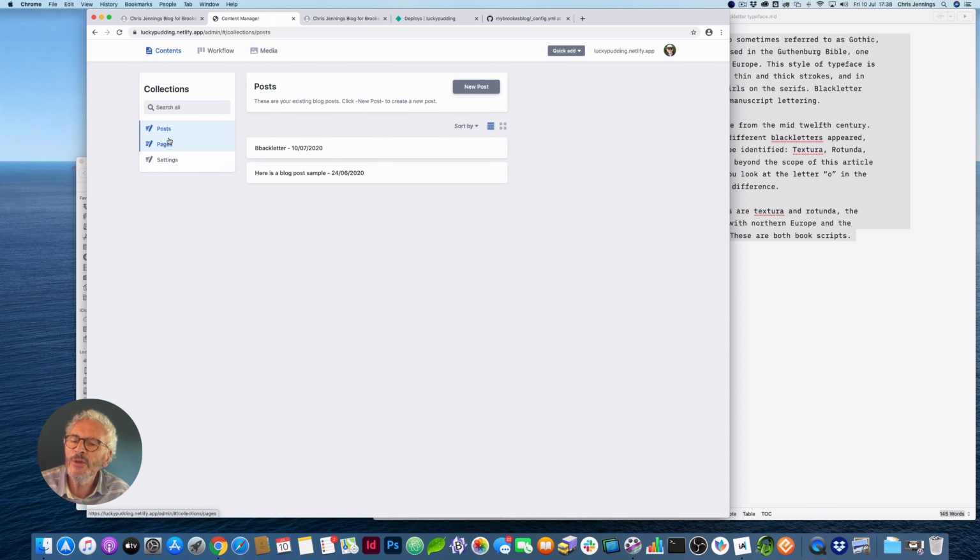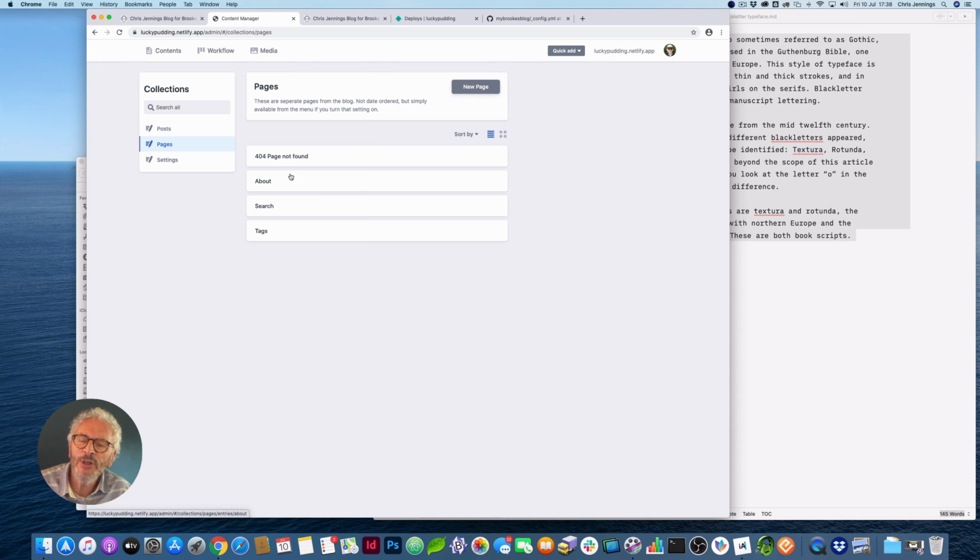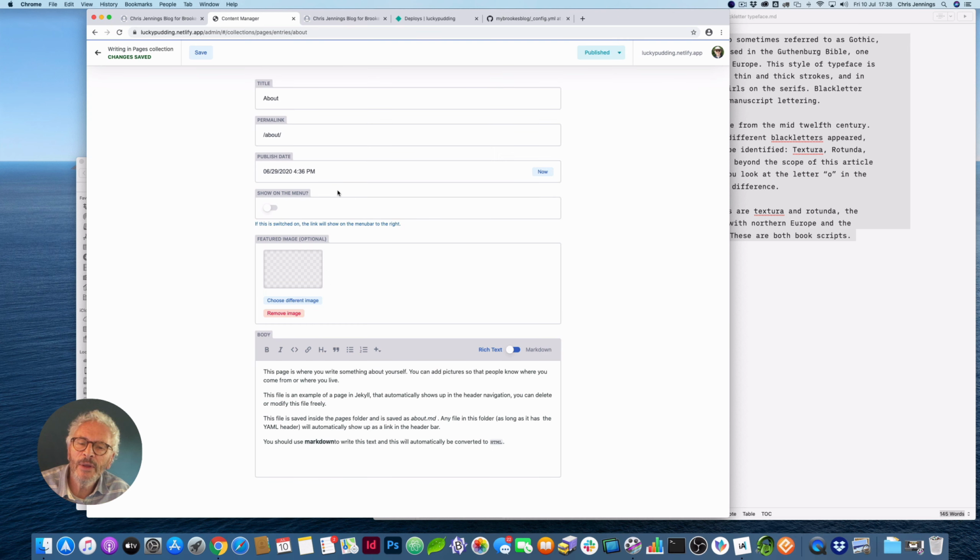Okay, so if we go back now to the contents, you see we do have pages available to us as well. At the moment, these are very specific pages that do certain things on the site. So the 404 page is just a page that will be shown to the user if there's something missing. But what you will want to do is to edit this page. The About page currently doesn't really have anything sensible about it. But once you have edited this page, once you've put in your own information about who you are and what this site is all about, then you can click Show on the menu, like this,